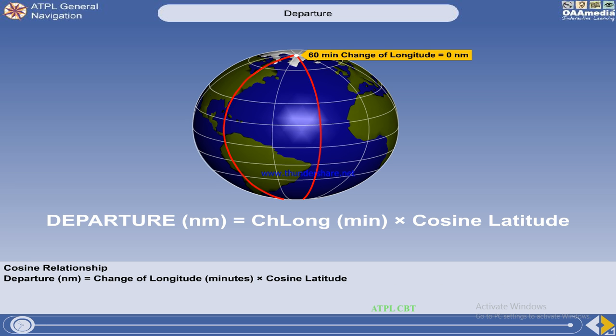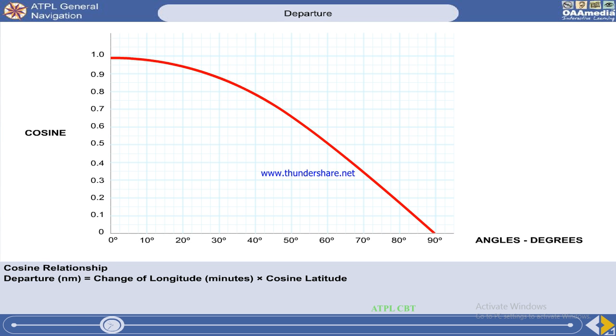In the same way that we examined the sine curve when looking at convergency, let's look at some of the more common values of cosines of angles, because these frequently come up in questions on general navigation. Here is a cosine curve. Let's look at the angles between 0 and 90 degrees. The cosine of 0 degrees is 1. The cosine of 30 degrees is 0.866. The cosine of 45 degrees